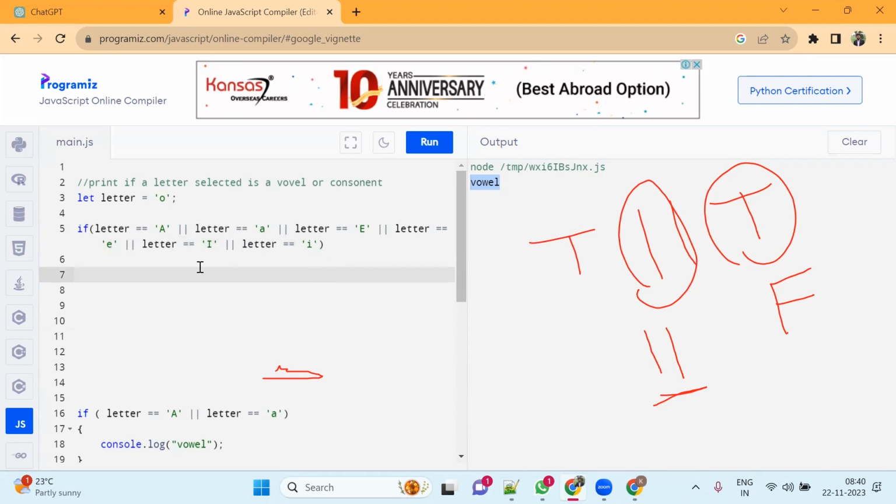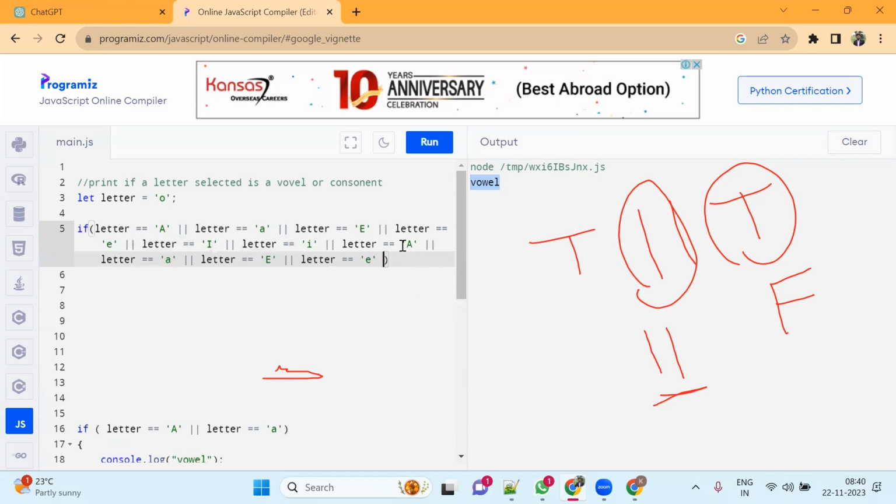Like this again, I can write letter is equals to capital O, or letter is equals to small o,